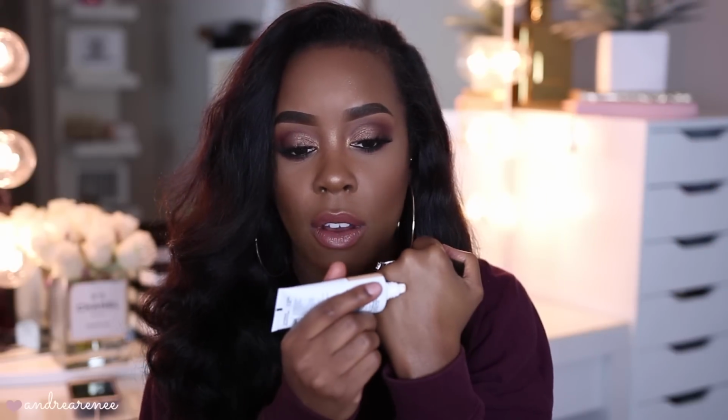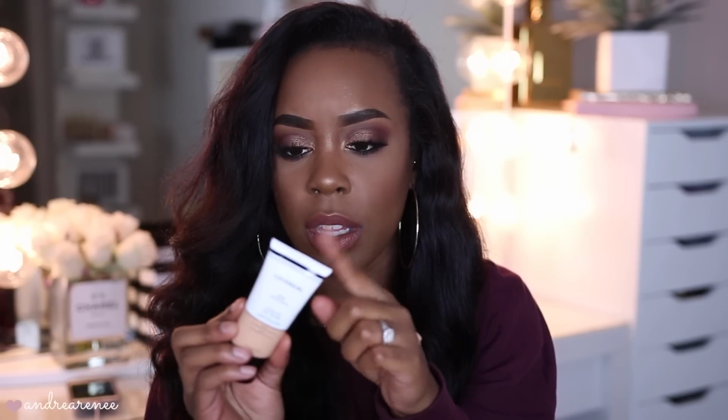I'll put it on my hand so y'all can see it. I think this is the lightest one. They have a darker one now. This is the lightest one that they have. It's in the shade Daybreak. I do have the darker one. I haven't opened it yet. I haven't used it yet, but this one is the one I've been using lately, and it looks so pretty